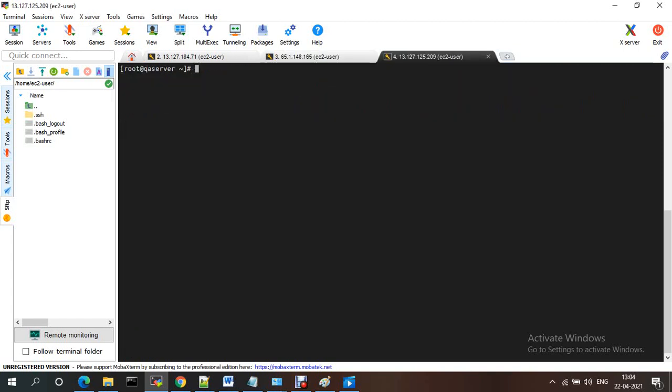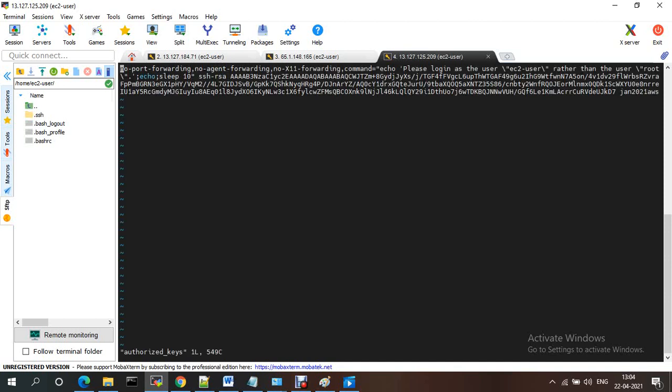Same key I'm pasting into the QA server also. cd root, .ssh, vi authorized_keys, and I'm pasting from here.